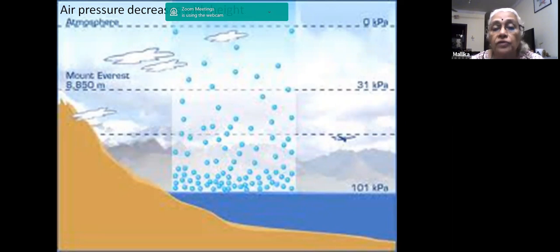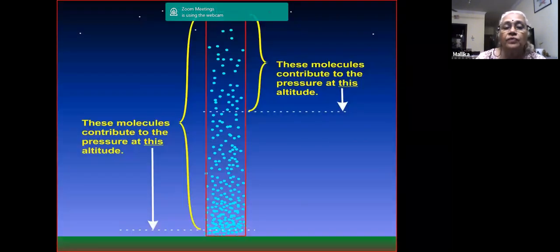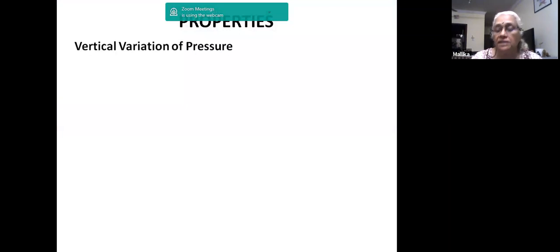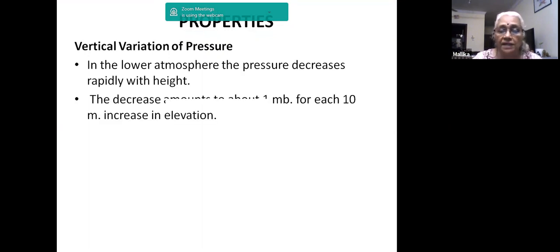As you can see, the molecules of air are less, and therefore less molecules means that you have less air pressure, right? Again, here you can see in a contained area, in a small zone, how air pressure is more at lower levels, and as you go up, the air pressure decreases. Sorry, I went back. Now, what are the properties here? So here the vertical variation of pressure decreases with height, and it is supposed to be at the rate of 1 millibar for every 10 meters. So as you go up higher, every 10 meters in height, you will find that the air pressure